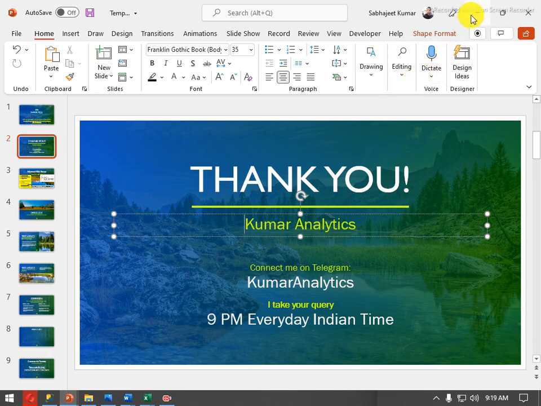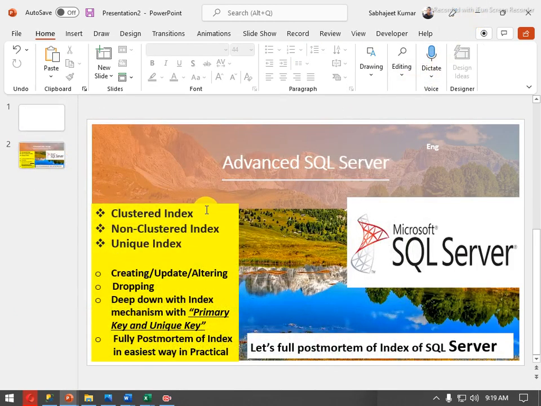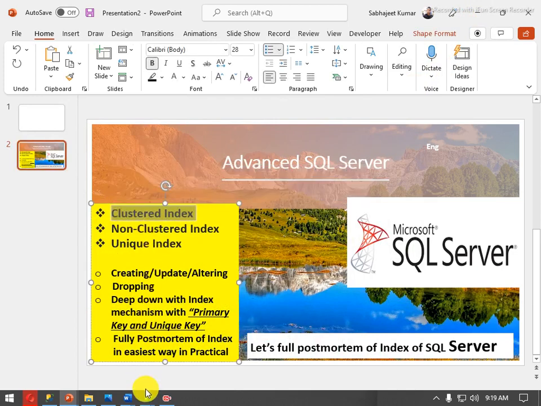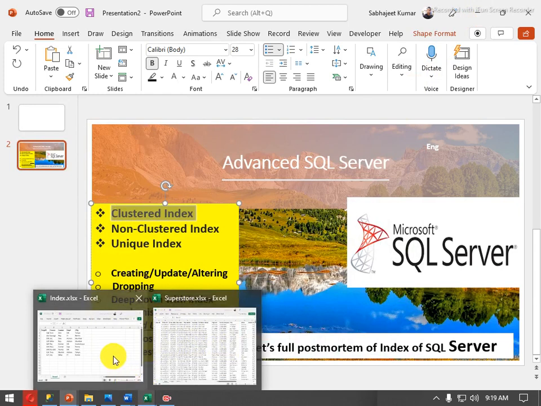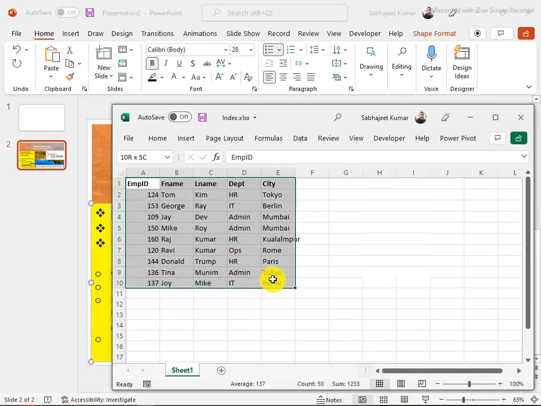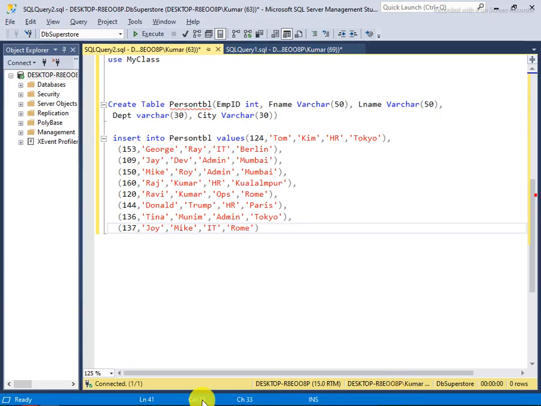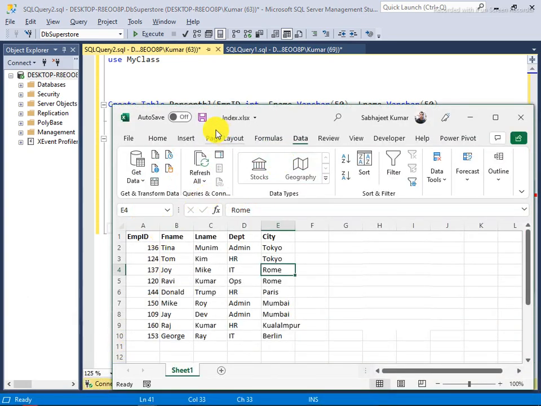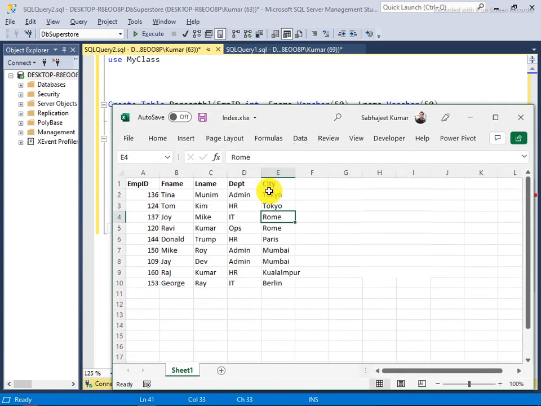Okay, so let us see what a clustered index is. A clustered index means the indexing inside the table. Inside the table, it will try to make an order of the table. By default, when you see, this is our table, the table we are going to use in our SQL query and SQL session.